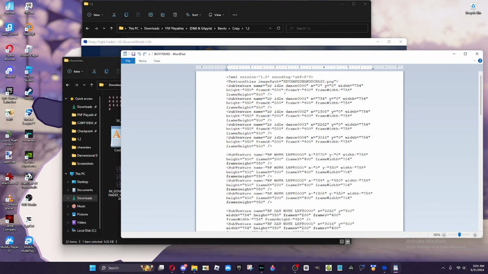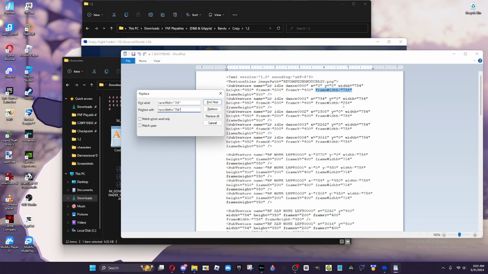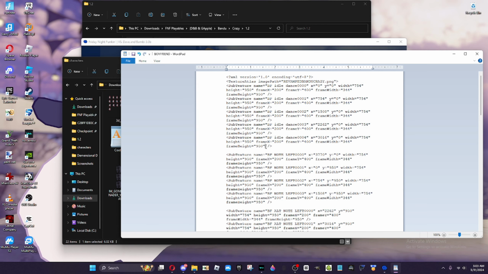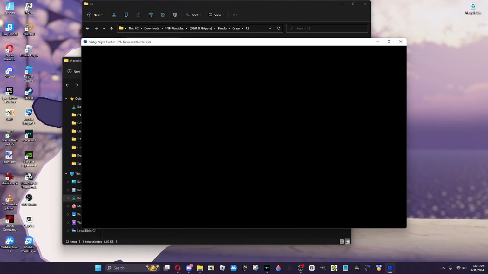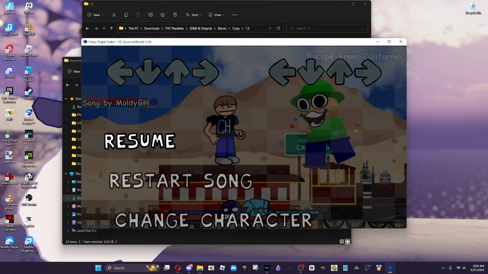And now you're gonna have to fix the camera. What I recommend for characters that are just short in general is to go with the 300s. But for frame height, if it's a tall character, then go for a low number, like lower than 200. But if there's a character that's short, then go for a high number. 3, 2, 1, go! And there you go, the camera's